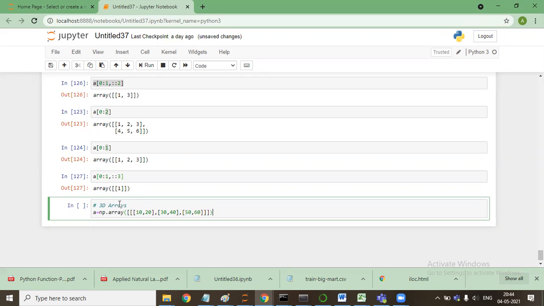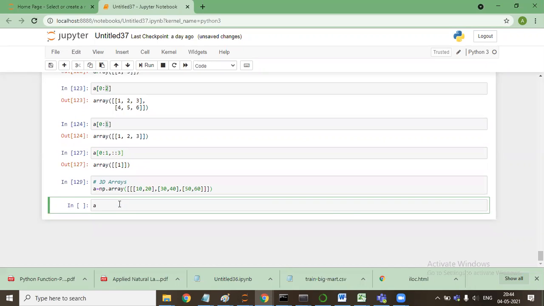Let me say brackets 10, 20, 30, 40, 50, 60, two brackets, like this.